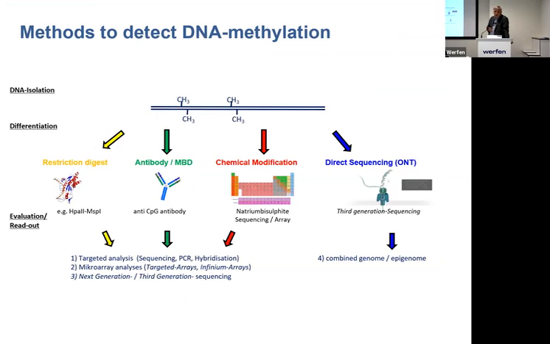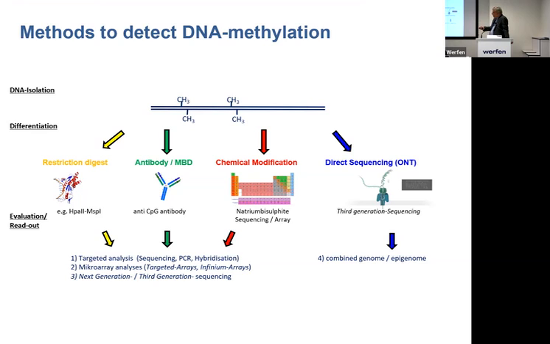What are the techniques to detect DNA methylation? We still do some restriction digests with DNA methylation-dependent restriction enzymes. We do this in Southern blots. I run a routine diagnostic lab, we do fragile X, and so you need to do this there. But it's rare. You can use antibodies to precipitate CpG-rich regions, a technique which has a pretty low resolution. I think it's not that state-of-the-art anymore. You can do bisulfite treatment, a chemical modification. And nowadays you can also do direct sequencing using, for example, ONT technology.